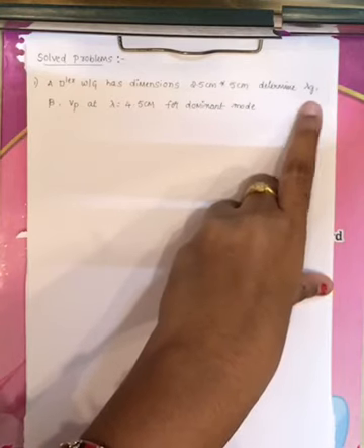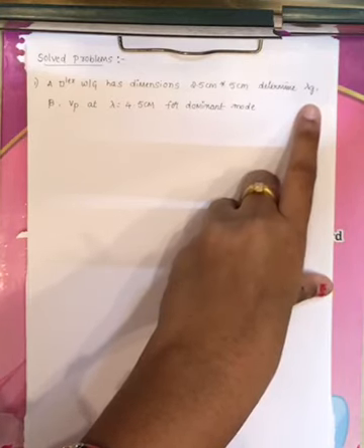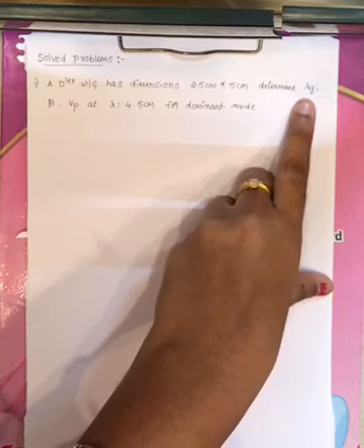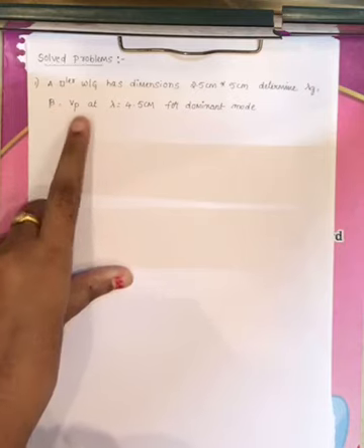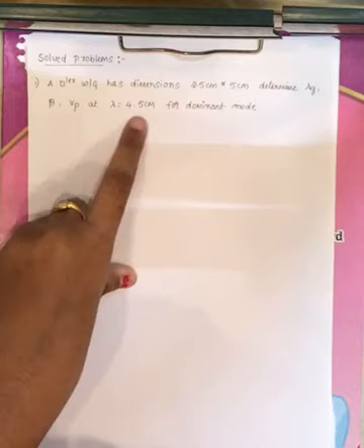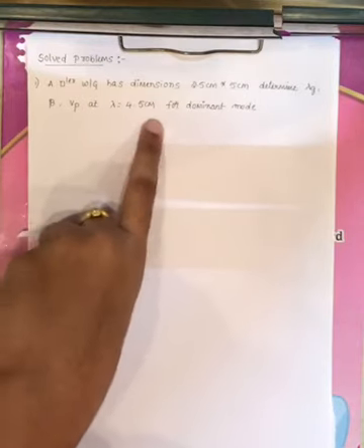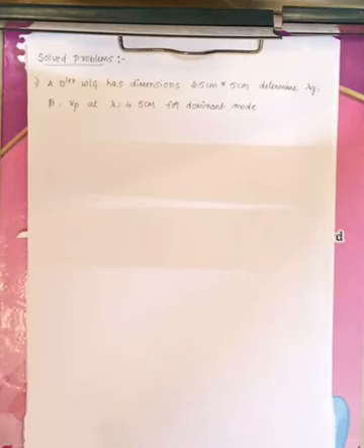Now determine lambda g. What is lambda g? Guided wavelength, right? We have to find out the guided wavelength. Beta is nothing but the phase constant, and Vp is nothing but the phase velocity, at lambda equals 4.5 centimeters for the dominant mode. This is the problem, you have to solve it. You have to determine lambda g, beta and Vp using the dimensions 2.5 centimeter cross 5 centimeter at lambda equals 4.5 centimeter.